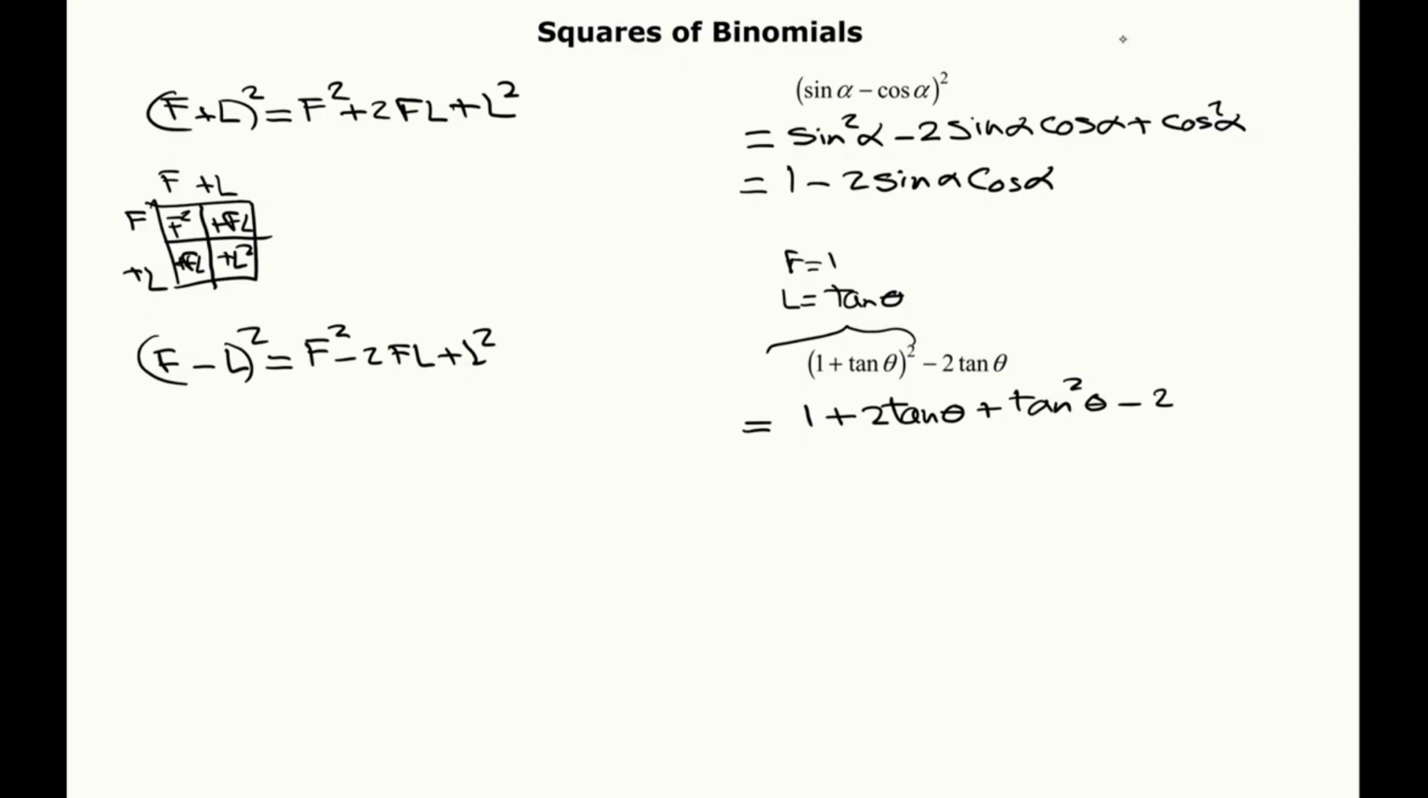minus 2 tangent of theta. And of course we realize that this term is going to cancel out with that term, so we end up with 1 plus tangent squared theta. Just to brush up a little bit on that rule. All right, and then